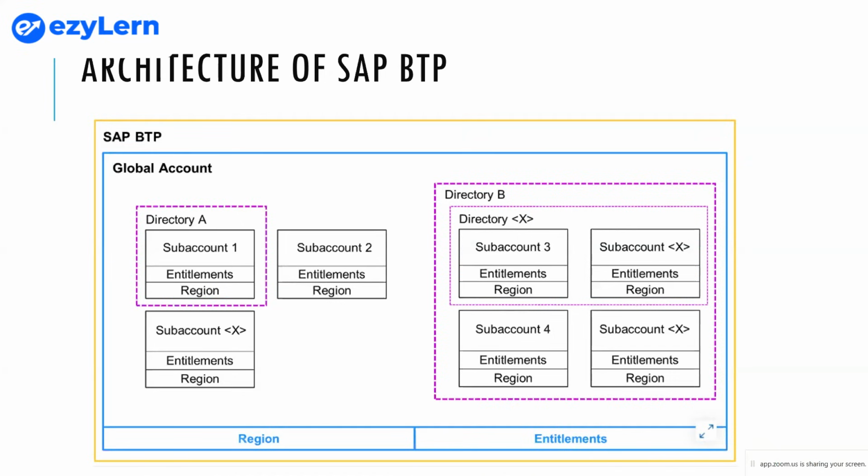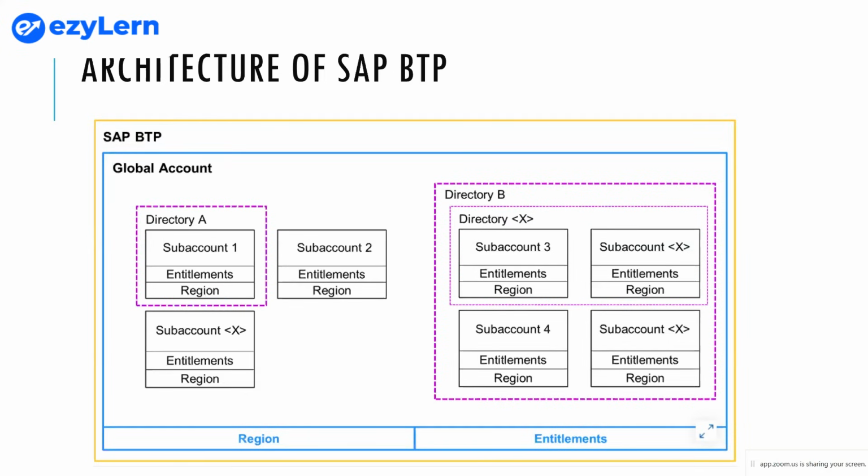Okay. What a global account means: all directories are linked to the global account. So you will have only one global account. Within one BTP you will have only one global account. If you have another BTP account, you may have another global account there, but every BTP has only one global account. For example, you have a login of BTP, you can have one global account of that. I have another login, I will have one global account, and then I can create the sub accounts.